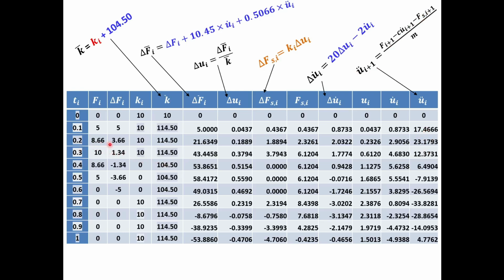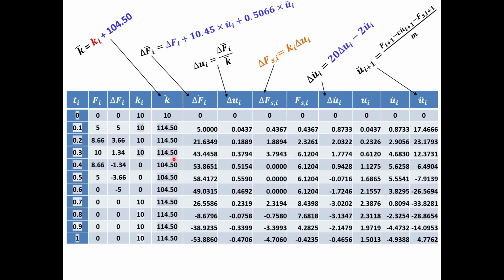I come to next time step, which is 0.2 second time, and the excitation ordinate is 8.66 units. So increase is 8.66 minus 5, which is 3.66. Now whether the stiffness is changing. Now you look at the displacement here. It is 0.2326, which is less than 0.75. So stiffness will not change. It has not yielded. K bar I get, then delta Fi bar, then other parameters from the expressions we got earlier, and final acceleration I write here. Similarly, at 0.3 second the same steps go on,